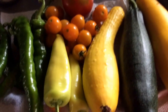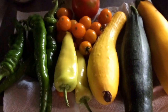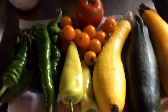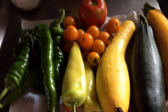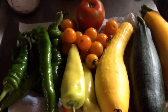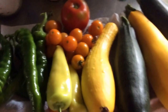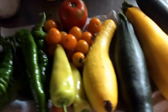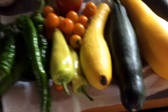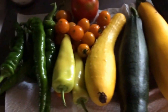It's Sunday, July 19th, and there's other things in the garden that haven't shown their face yet because of the storms that we've been having, which right now we're under a storm watch again. And of course I'll be at work like I was the last time and miss it, so hopefully it won't destroy anything in the garden or anything else. But I ran out and got these because a lot of times when the tomatoes are ready to be picked and a storm comes, the moisture of the rain will explode the tomatoes and they get a mold that grows on them very, very fast. So I saw these that were ready. I said, well, before I go to work, I'll run out there and grab this stuff. That way I know it's safe from any